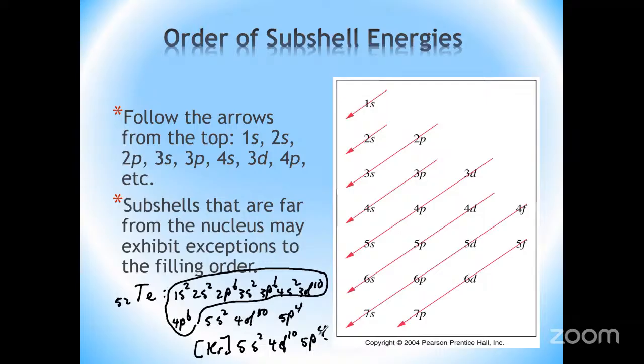Now we only are missing 2 in the 5p subshell for this one. Oh, so why wouldn't we move 2 out of the 4d10 into the 5p? Again, there's a long story behind it, but it's only the situation I described earlier where one electron shift would cause one subshell to be completely filled. Okay, so it's only in the instance that we're missing 1. Exactly. Okay, right, exactly. Okay,